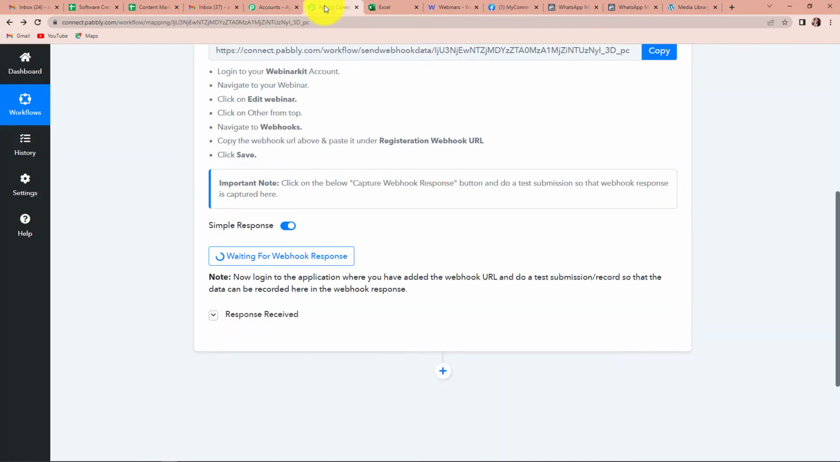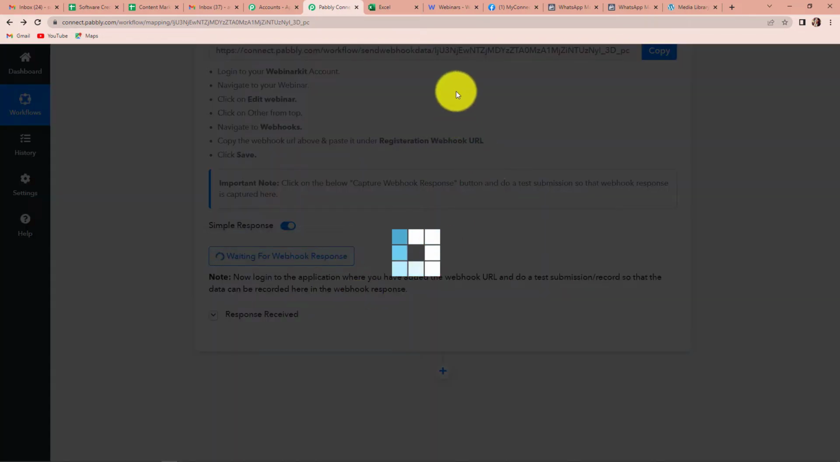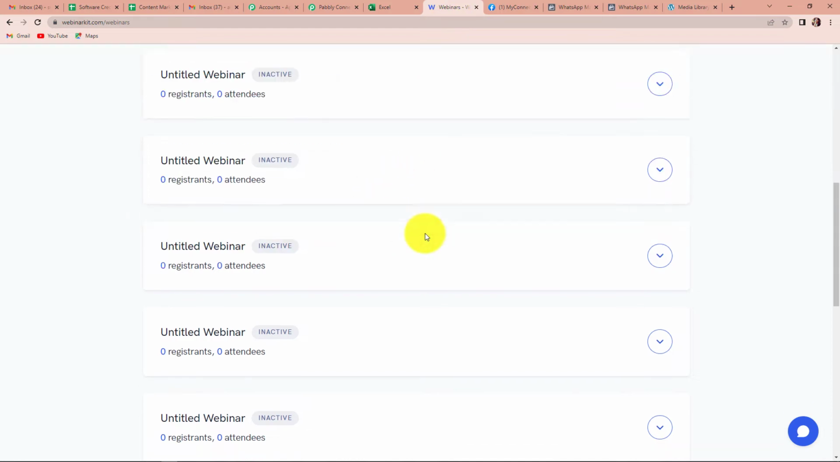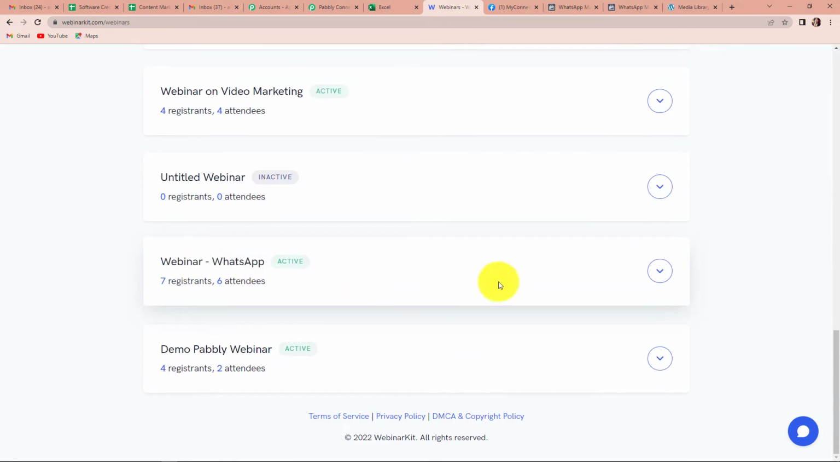So I'm going to go back to Pabbly Connect here, and here you can see that it is waiting for webhook response. What does this mean? That now we have to do a test submission so that the data can be recorded here in the webhook response. So for this, I'm going to go back to webinar, and as I go to webinar WhatsApp, let's click